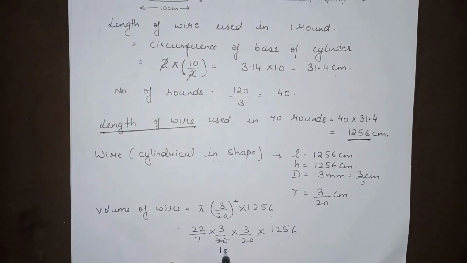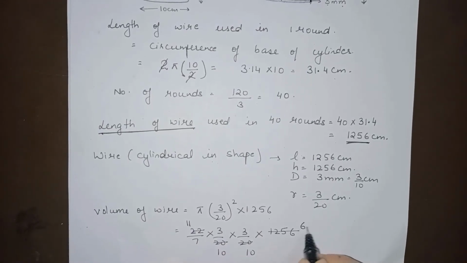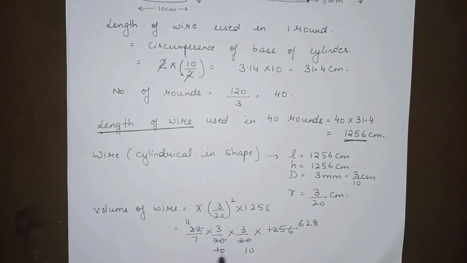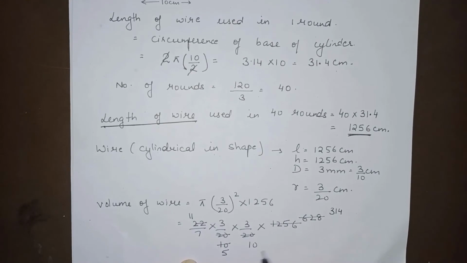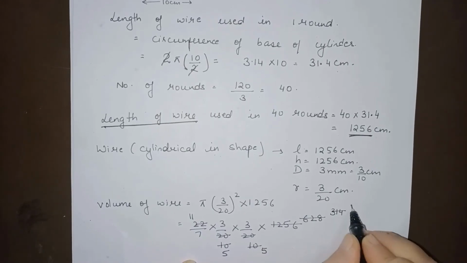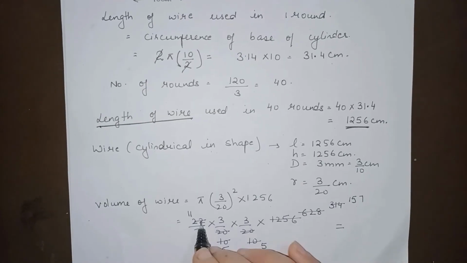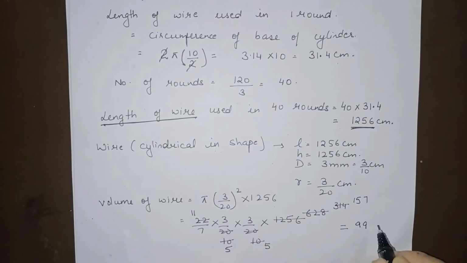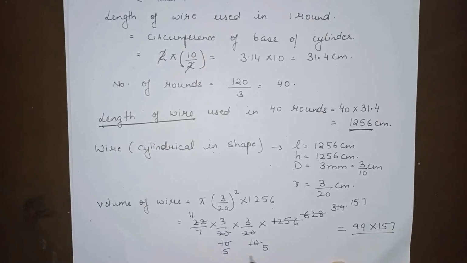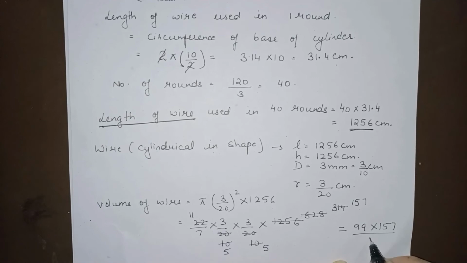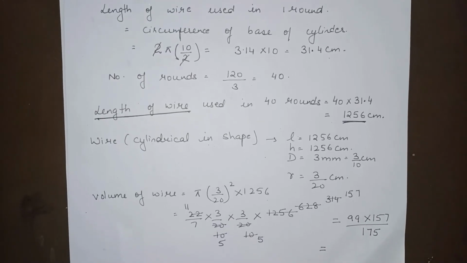Now this is 10, this is 11, this is 10, this is 628 by 5, by 2 it is 5, this is 314, this is 5 and this is 157. So we are left with 11 nines are 99 into 157 over 7 into 5 into 5, that is 7 into 25, 175,